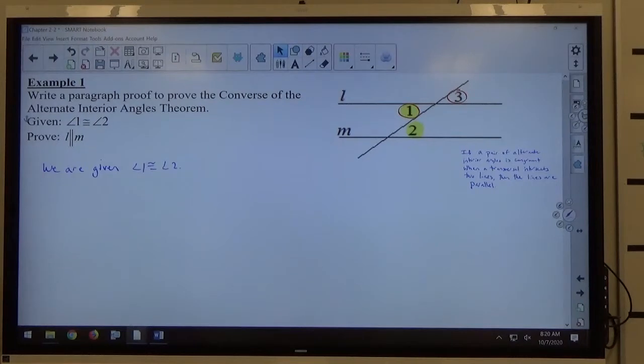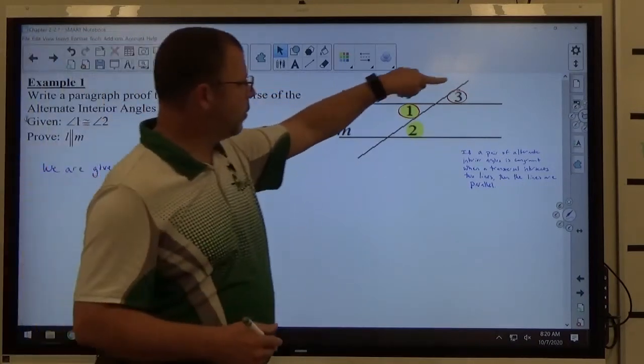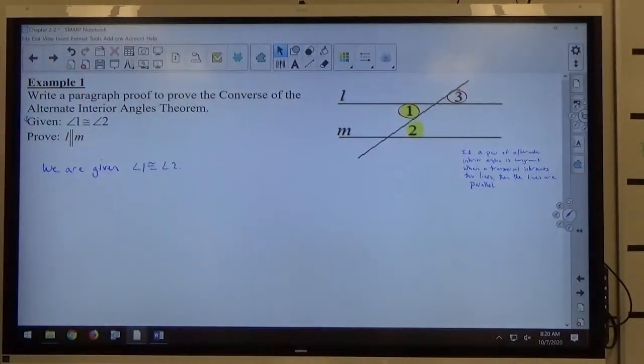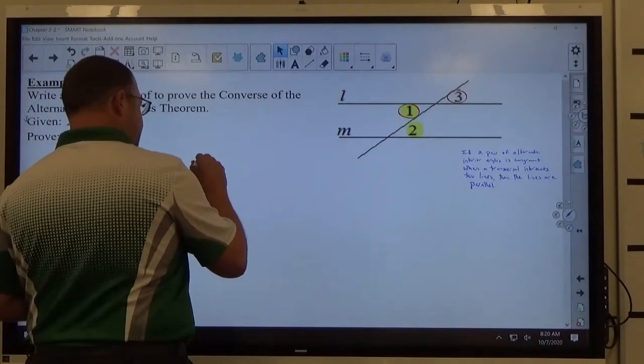Next, I wanted to say that 1 and 3 are congruent because they're vertical angles. The vertical angle theorem says if there are vertical angles, then they are congruent. Right? So 1 and 3 are vertical angles. I can see that with my eyes, so you don't have to define vertical angles to see what they look like. So I can say by the vertical angle theorem,